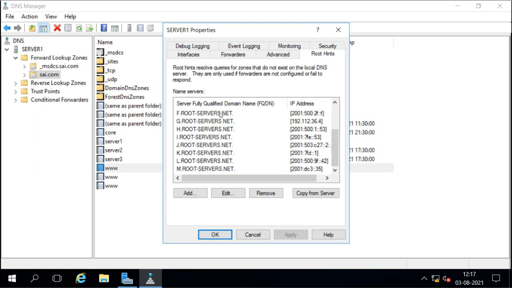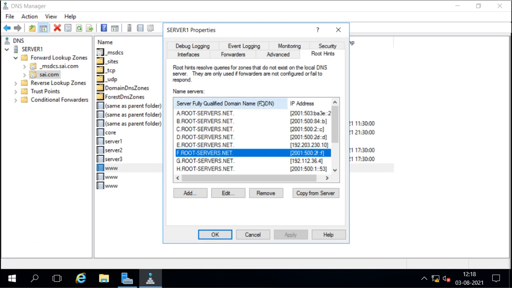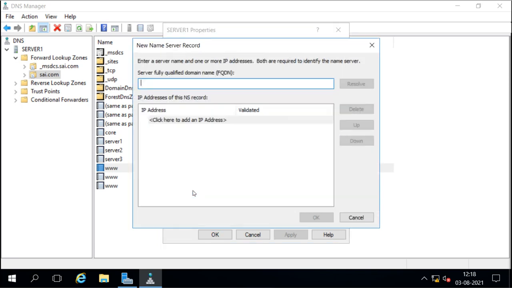These are the names of the root hint servers, and this is the IP address of each. There are a total of 13 root hint servers available by default, and this information will be there on every server whenever you configure DNS. So the DNS server has this root hint information available so that it can do the recursive query.